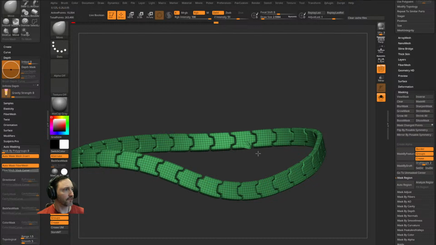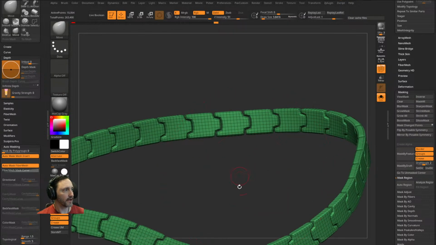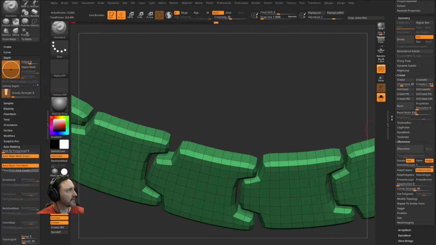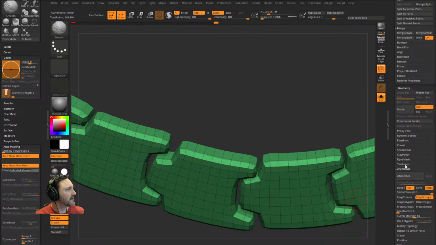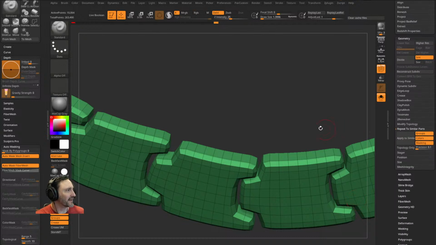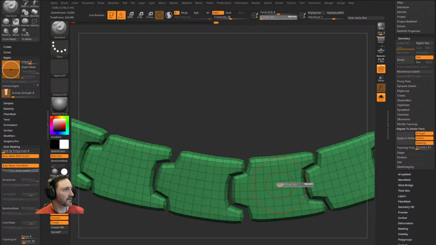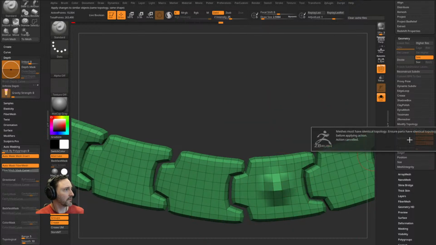So since these are all the same vert count, if I wanted to modify one and replace all the other ones, let's see if I remember how to do this, because I don't do it a ton. Let me get out of that page because it's distracting me. Where is it? Geometry. This is one of those where I'm like, let me go watch this Michael Pavlovich video because I don't remember how to do it. Repeat the similar parts. Polygroups will be transferred, colors, masking. That's fine. So now if I just sculpt on one, apply to similar,